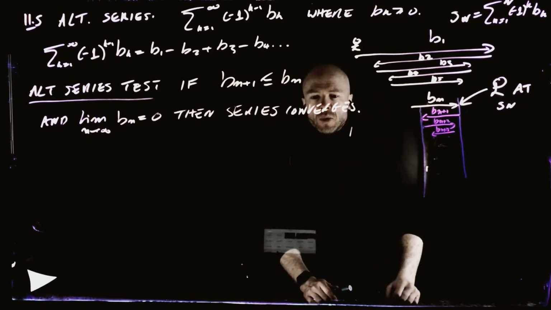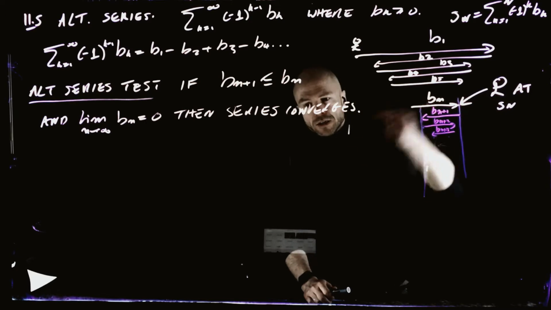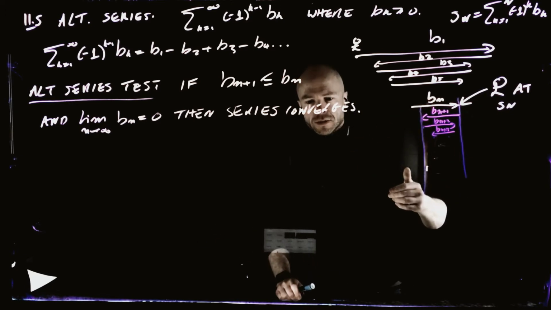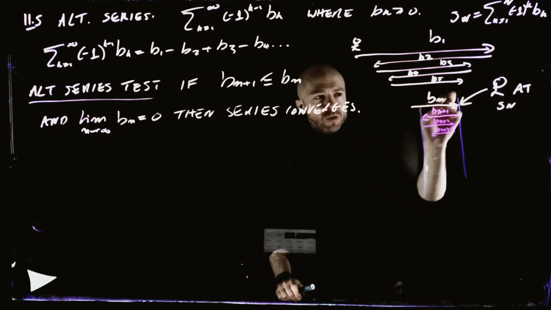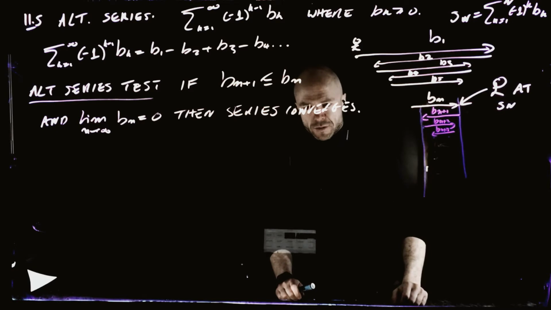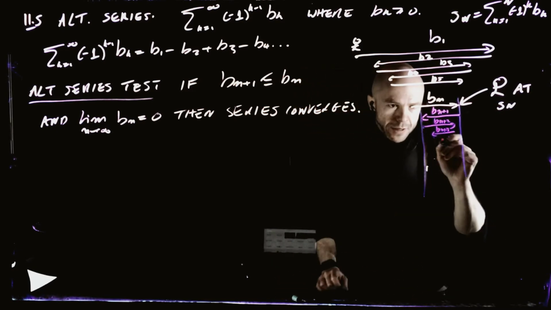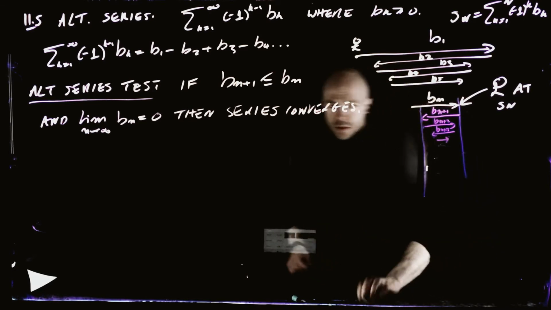Yeah? And the way I've set it up, I've done the bn step going forward. It actually could be going backwards, depends what n actually is. But the point is the distance between where we are at the Sn step and where we are forevermore is less than the bn plus 1 step size. And we can just see it. You can just see it, right? So this picture